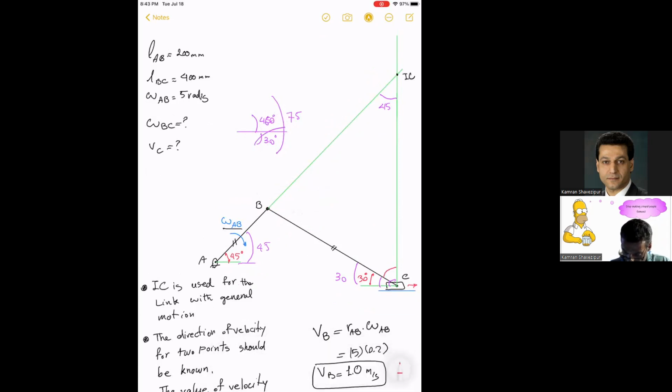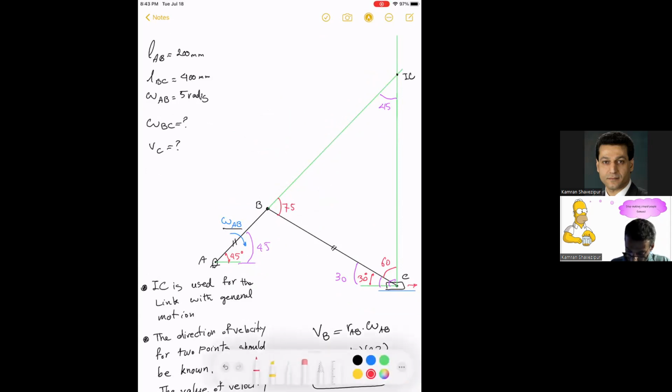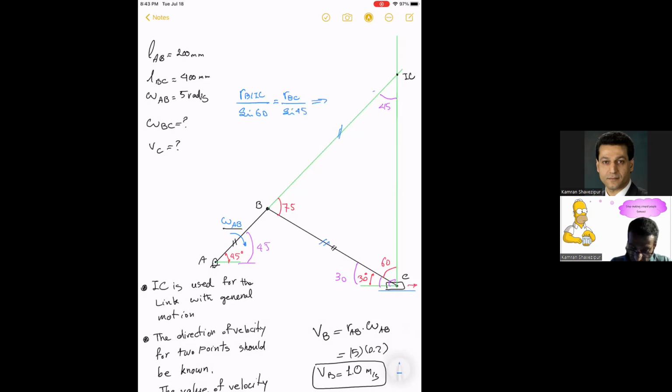So this is 60, this is 75, and to use sine rule, you can write L or R, let's just go with R, RBIC, which is this length, divided by sine 60 is equal to RBC, which is this guy, divided by sine 45. So from here, you can find RBIC,